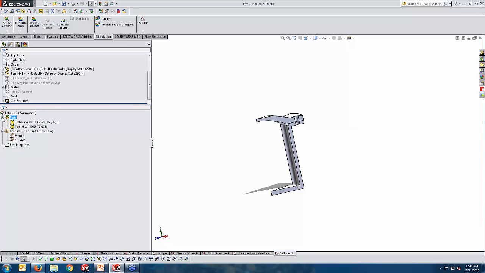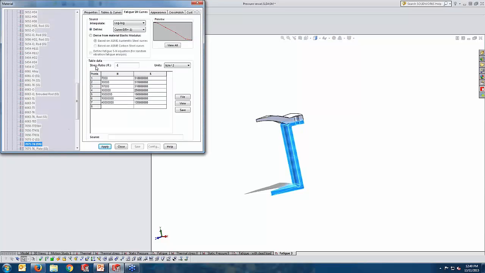Now the next thing we have to do before going anywhere else: you can see you have your material and the parts are listed, and I simply have to look at my fatigue data. Well, this is where we have introduced everything. First of all, you can define your fatigue data by entering N, number of cycles, and alternating stress,